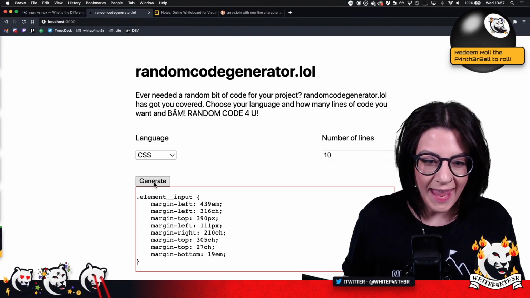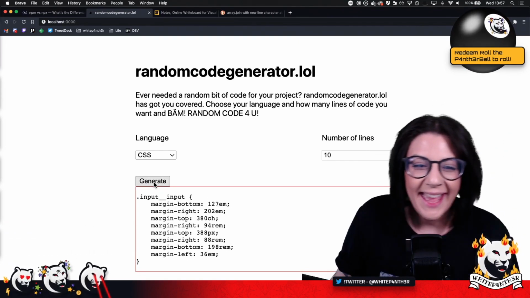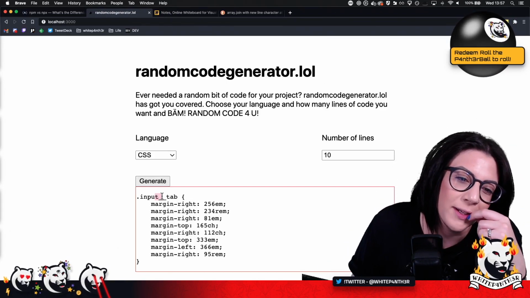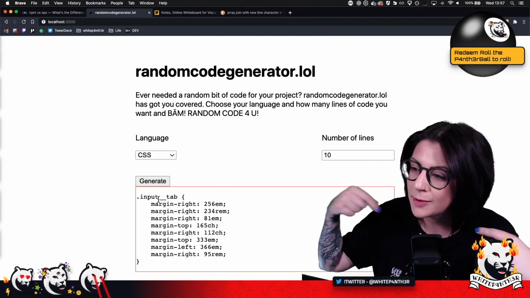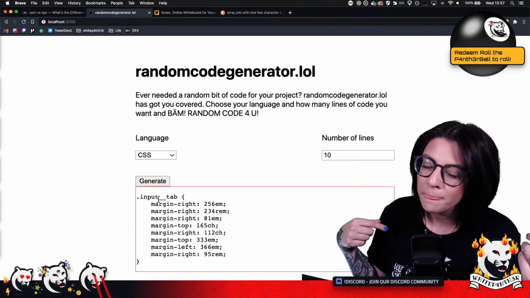Button input, element input, input tab, container nav. And we can input, tab. I kind of want to put BEM things in, and I want a second one here for camel case, maybe, but maybe not. Like I want a probability that you can get one, you cannot. So we could get some fun